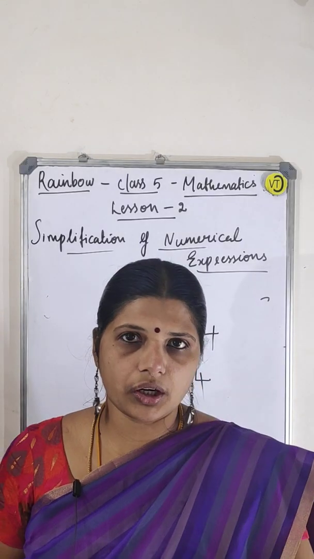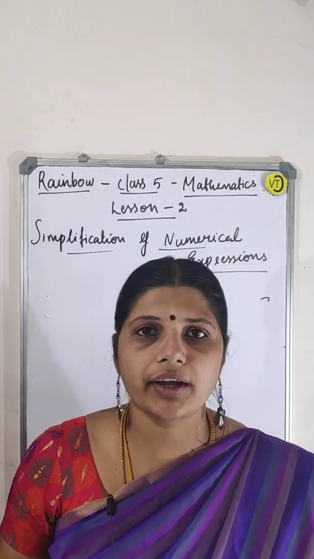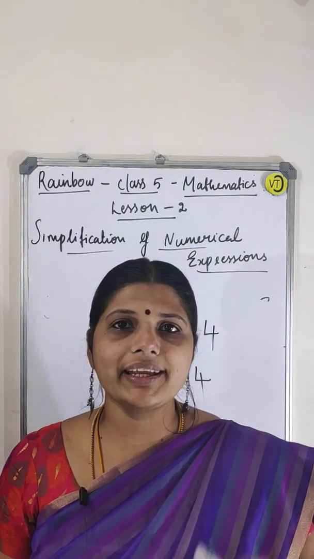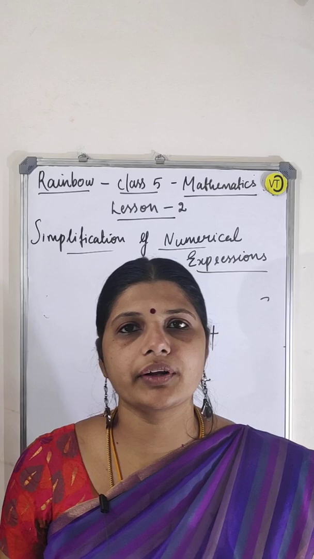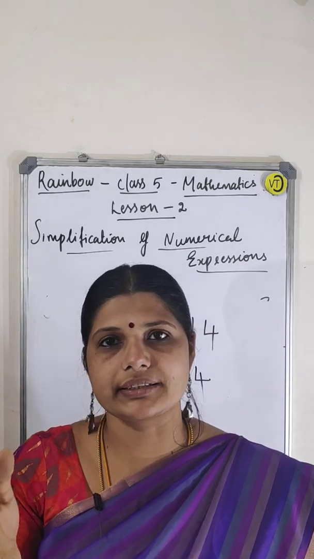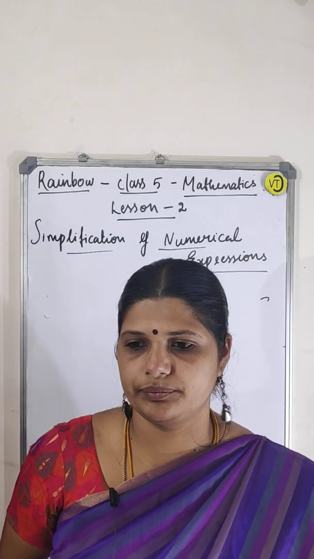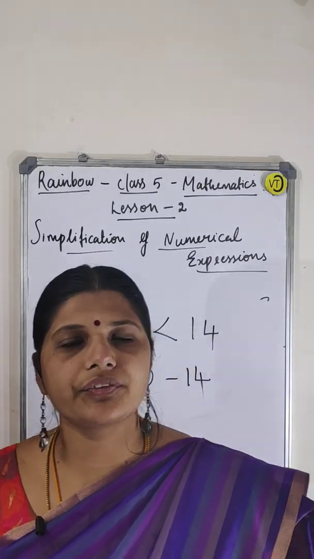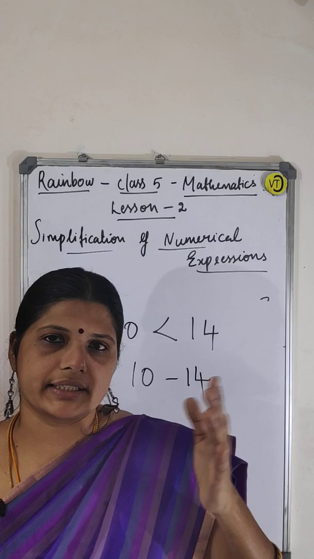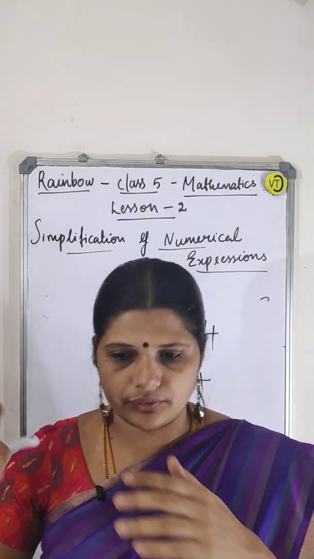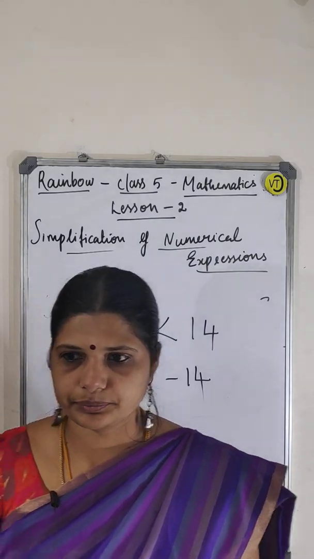The quotient of 36 and 6. How can you write it? 36 by 6. Right. 15 decreased by 7. How can you write it? Decreased means subtraction. Minus it will be, right? Difference. So 15 minus 7. The product of 7 and 5. How can you write it? 7 into 5. Product means multiplication, right? 7 into 5. Okay.